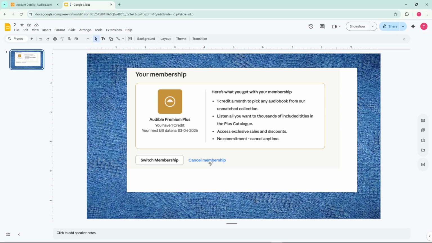Once you've clicked through all the offers and confirmations, you'll arrive at the final page confirming that your Audible membership has been successfully canceled. Your subscription will remain active until the end of your current billing period, and you'll still have access to your purchased audiobooks even after